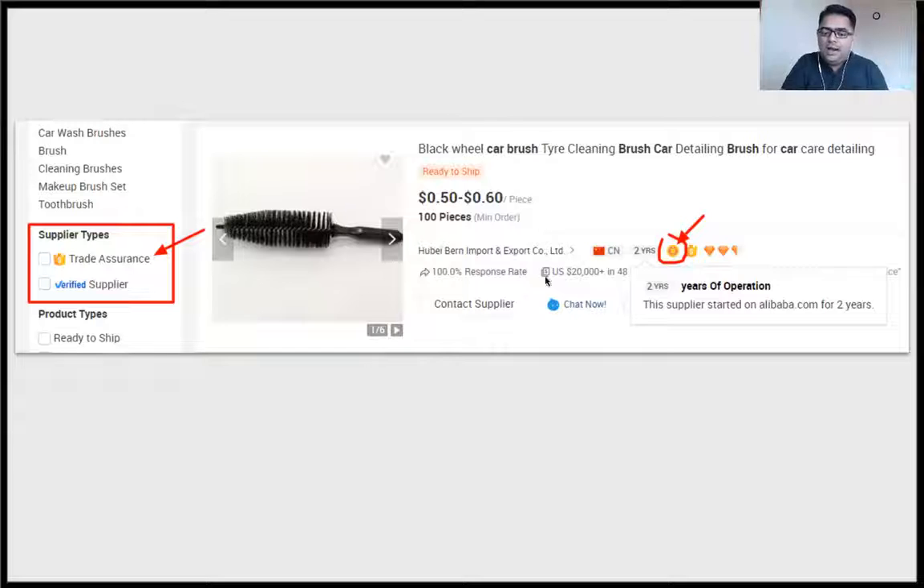This is number 2. Number 3 is the gold coin badge. You need to find a gold supplier. These are called gold verified suppliers. You will find a gold coin badge in the listing. This is like trust verified in IndiaMART. Here, the premium,